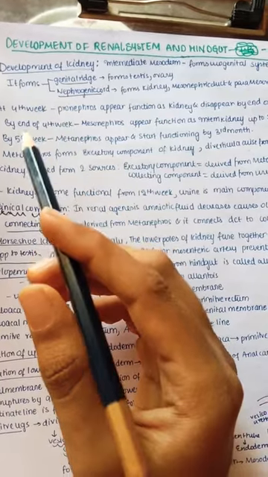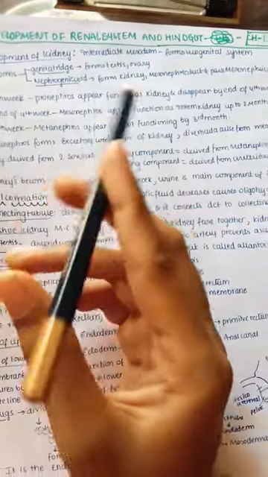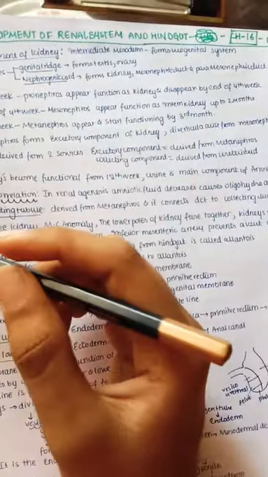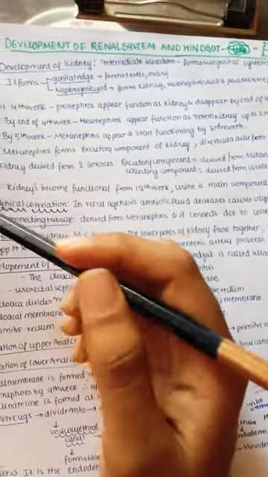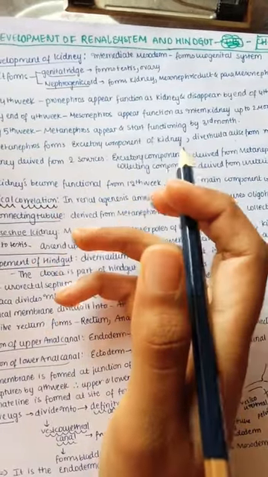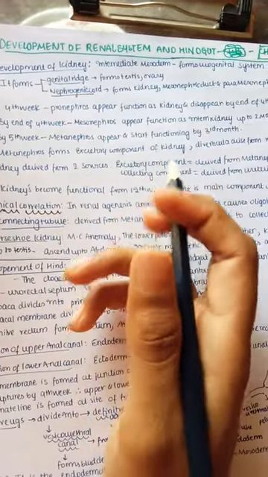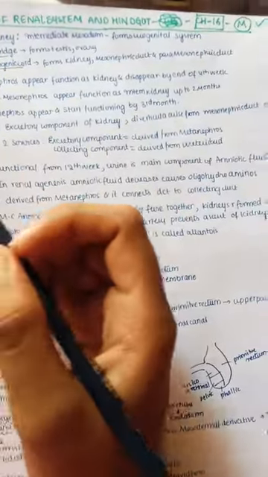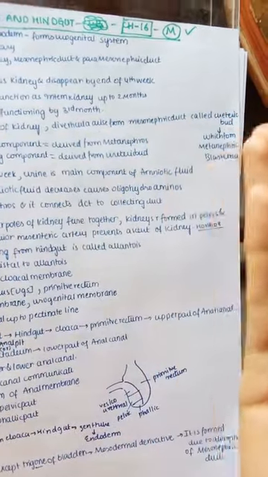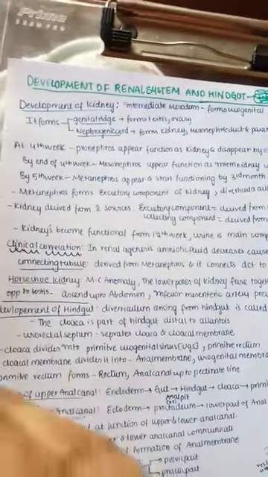That is about pronephros. Next, by the end of the 4th week, the mesonephros appears, functions as an interim kidney, and stays up to 2 months. By the 5th week, the metanephros appears and starts functioning by the 3rd month. The metanephros mainly forms the excretory component of the kidney, and the diverticula also arise from the mesonephric duct, which are called the ureteric bud. This ureteric bud is what forms the metanephric blastema also.